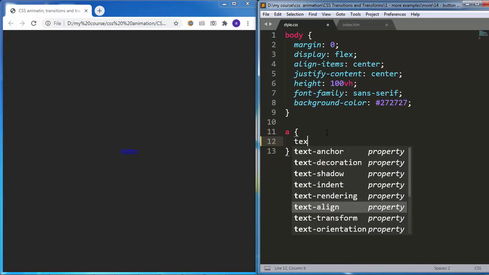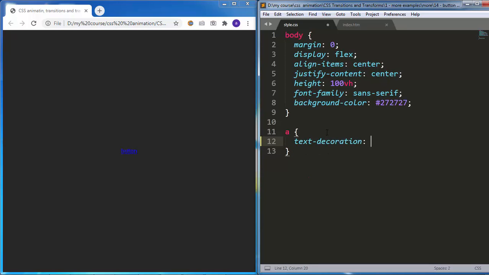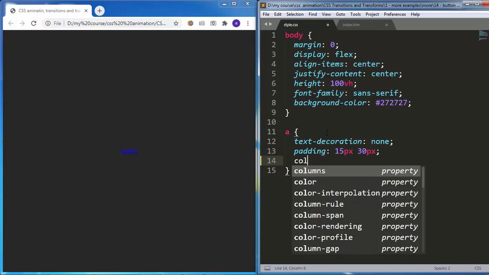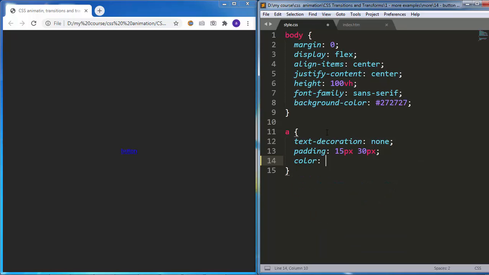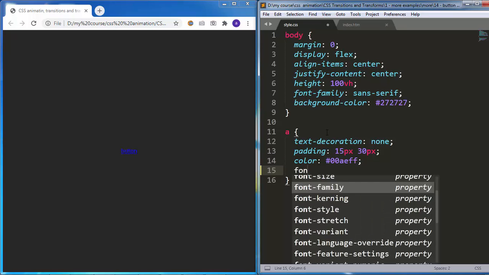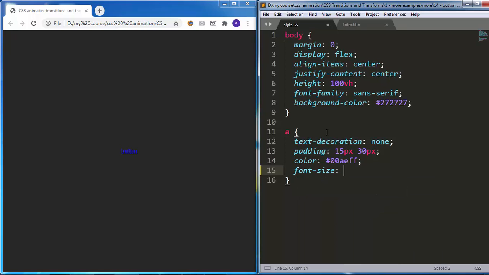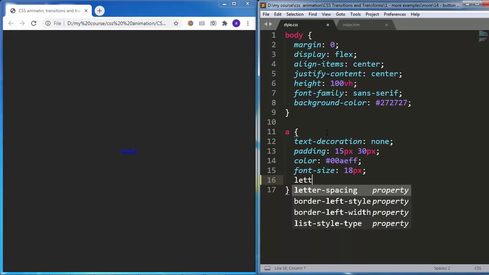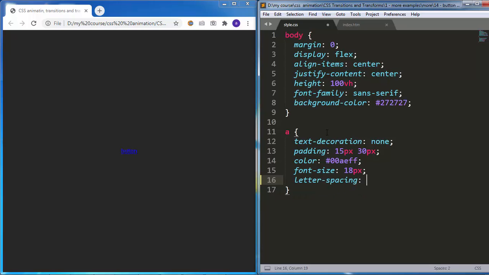And I will add text decoration none, padding 15 pixels from top and bottom, and 30 pixels from left and right. Then I will add color, this light blue color, and font size 18 pixels, then letter spacing 3 pixels,